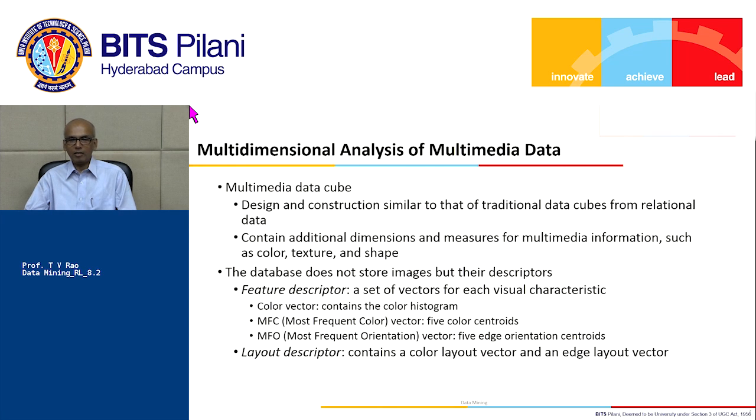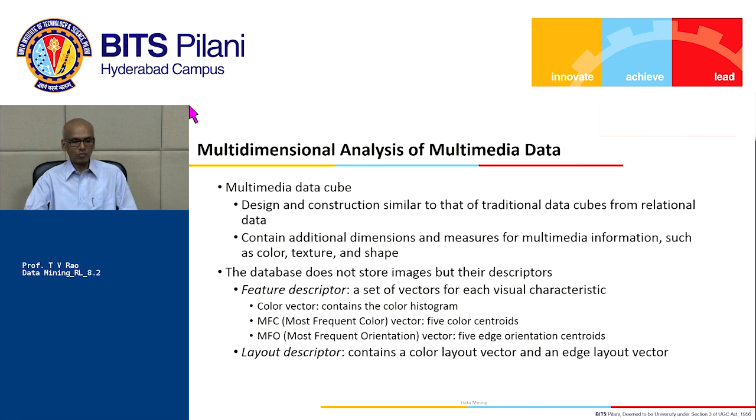And then, like the way we do a multidimensional analysis or build a cube for business data, to understand, let's say, the sales across the geographies or across the products, etc. In this case, for a multimedia database also, we can create these characteristics such as color and texture, and we can do a